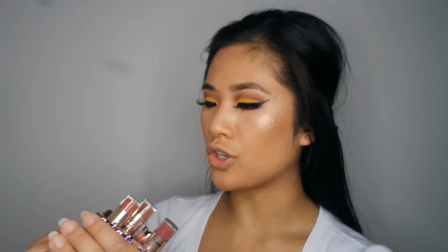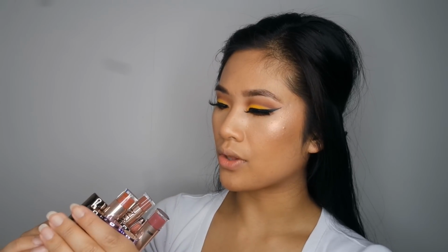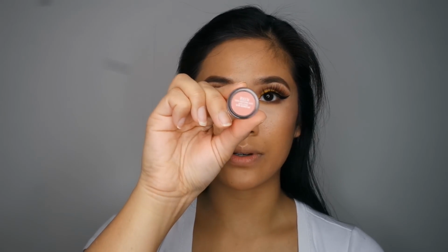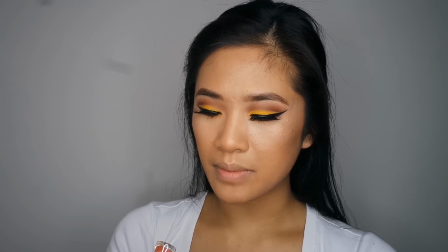I just don't know. I'm gonna put this down because I'm not gonna wear that today because I want to try something new, something that I haven't tried before. I'm definitely going to put a gloss on. I think I'm going to use this gloss, which is called the Rule 34. So pretty, I love the packaging. But in terms of lipstick, I think